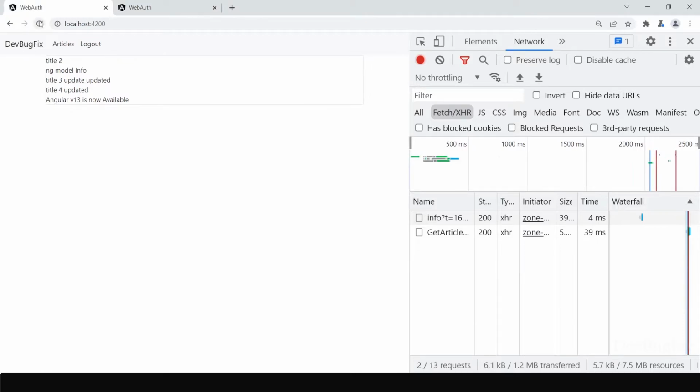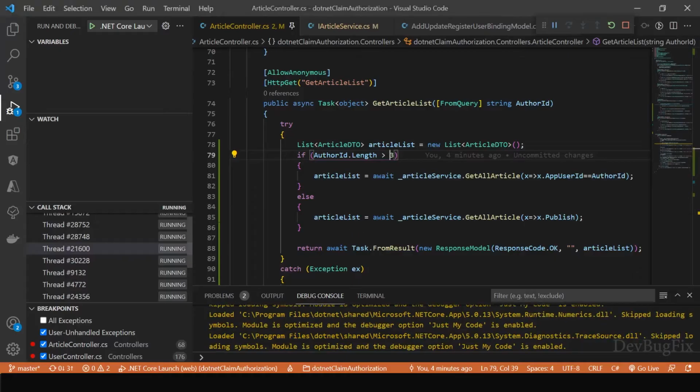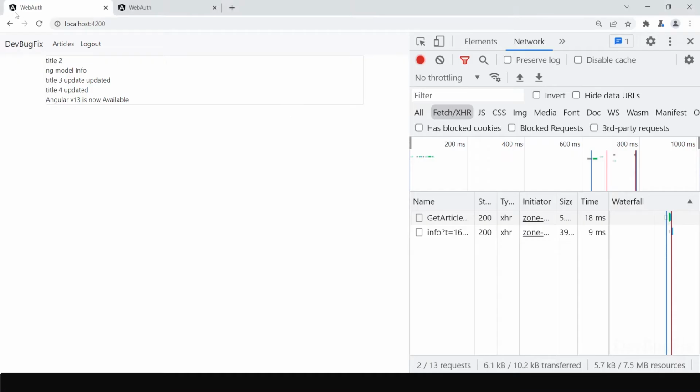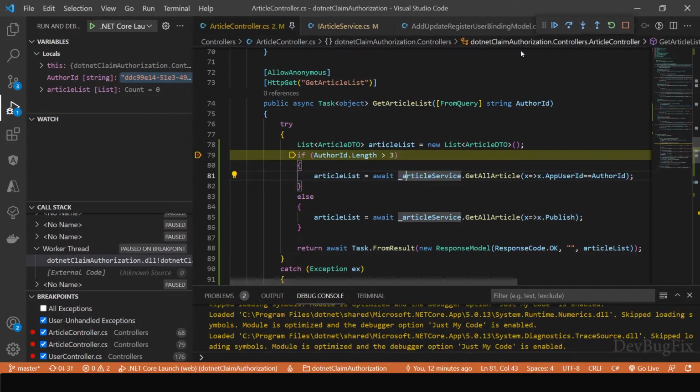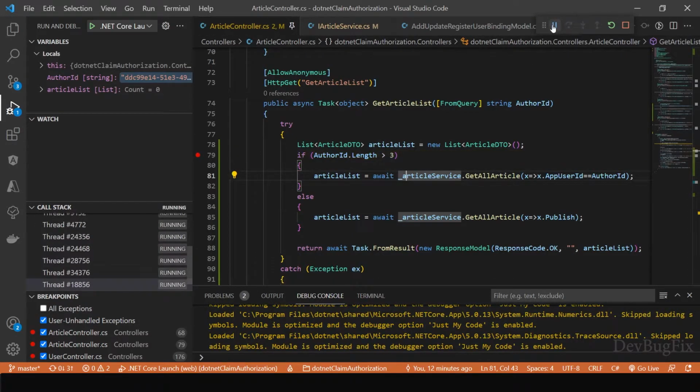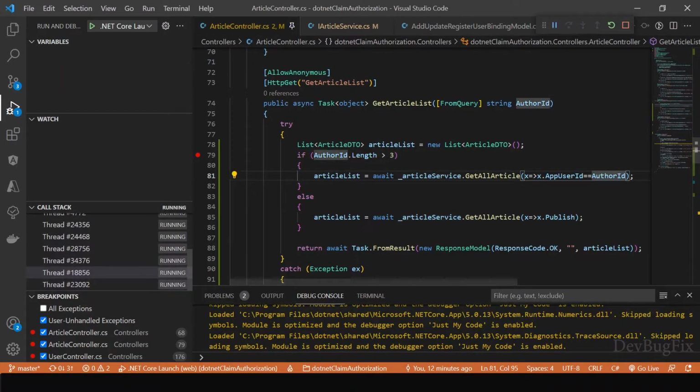Public view tab. Refresh. Add breakpoint. Refresh. Click on a continue breakpoint. This endpoint will be used on a public page, so we will not show unpublished article on this page. Here we will add one more condition. And operator